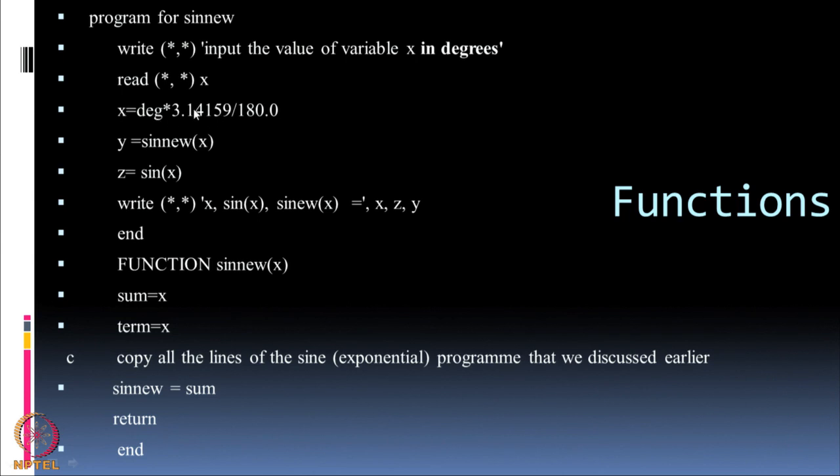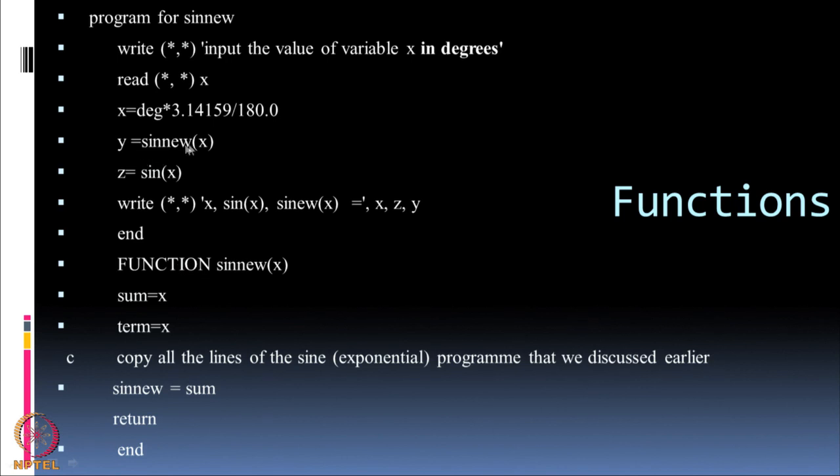Once this is done, the next line is y is equal to sine new x. Now, this is a function. Remember I mentioned that there are functions and subroutines. The moment you say y is equal to sine new x, the program will look for this sine new. So, what is this sine new? I will end this program with the end statement, then I write the function statement.